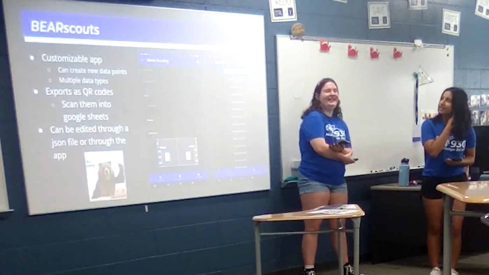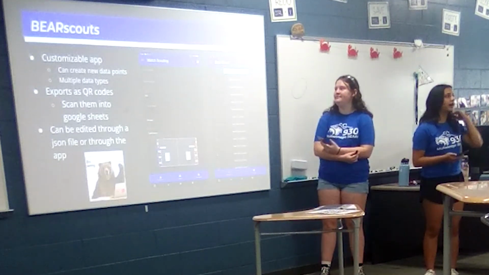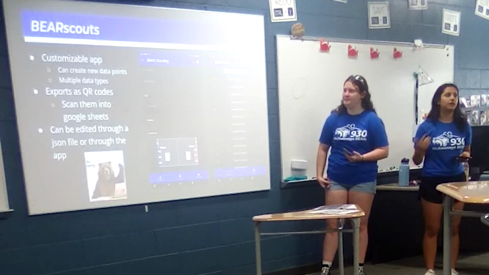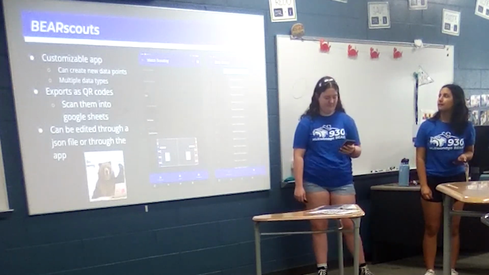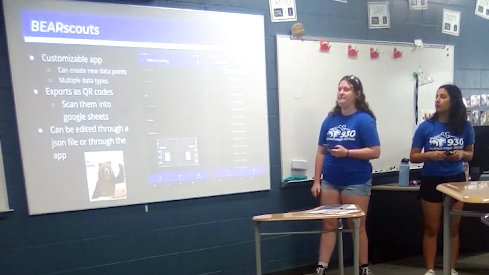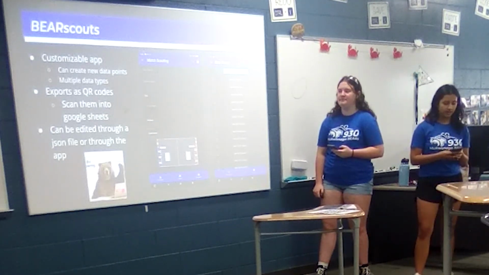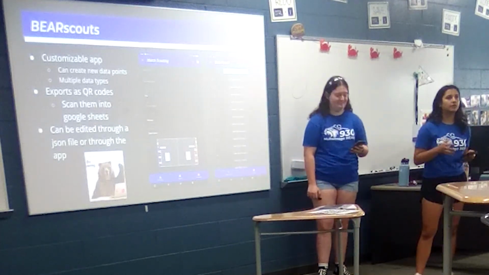And so for scouting, we use our app called Bear Scouts. It's edited through a JSON file, and you can have different data types, like a drop-down menu for choosing whether it's a red or blue line, what's a defense body, and so on. You can have numbers and open fields for those questions, like quick response questions. And so it's as simple as opening the app, putting in the team number, match number, filling it out, watching